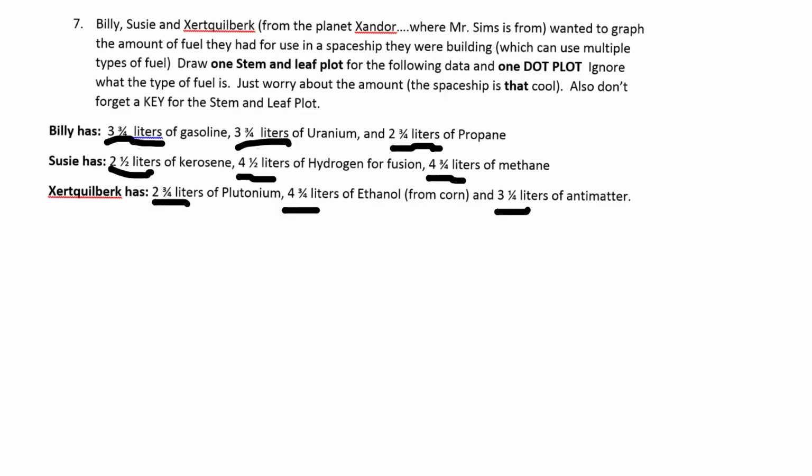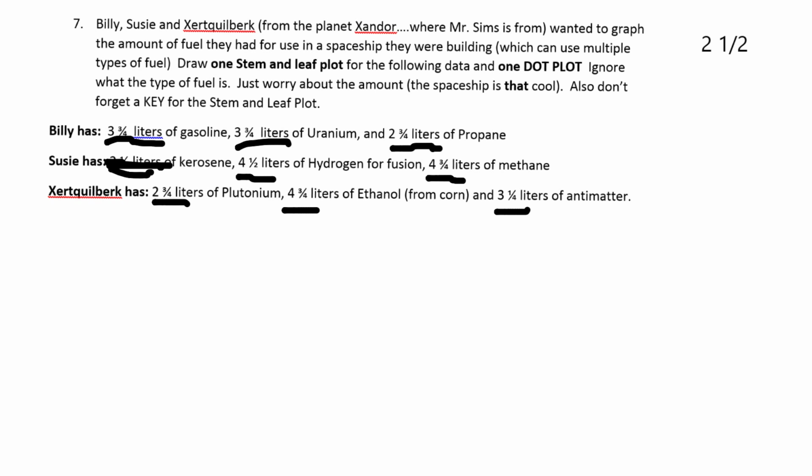I'm going to start by looking for my smallest value, and it looks like my smallest value is right here at the 2.5 liters. So I'm going to mark out 2.5 liters of kerosene that Susie has, and I'm going to make a running amount over here. So that's 2.5 liters that she has. And then the next one looks like